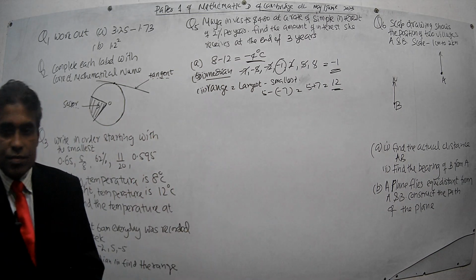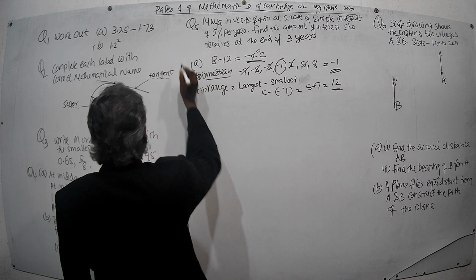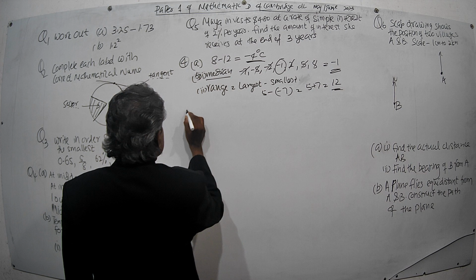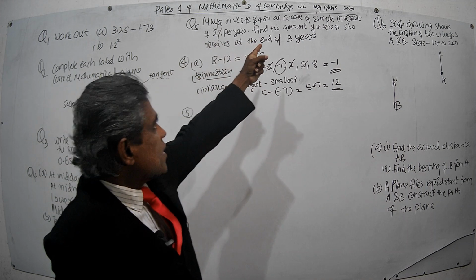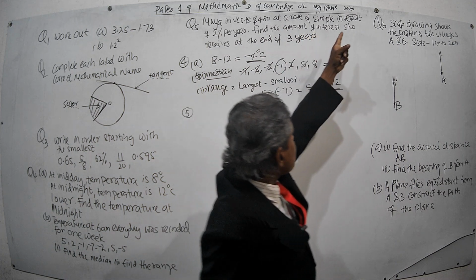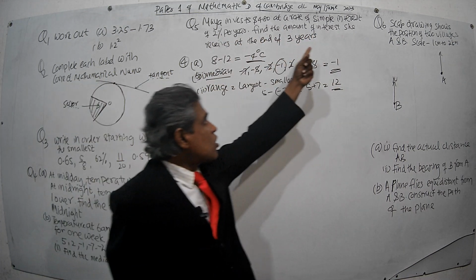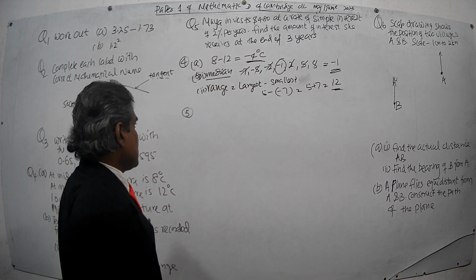Question 5. They say Q5 here. Is this Q4, no? Then Q5 is here. Maya invests 480 at the rate of simple interest of 2% per year. Find the amount of interest she receives at the end of 3 years. Then simple interest